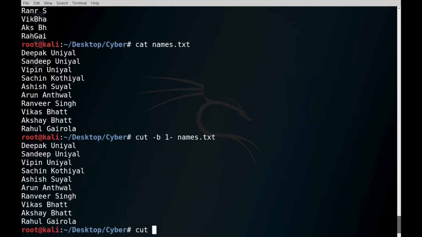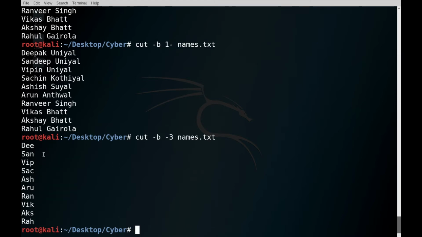Other than this, you use hyphen b and then hyphen 3, because we are starting with the first byte and going till the kth byte, and then the name of the file. Here you can see it starts with the first byte and goes up to the third byte. Clear? So now we have seen how we can cut out a section from each line of a file using byte position. Now we will go to another option and discuss that.